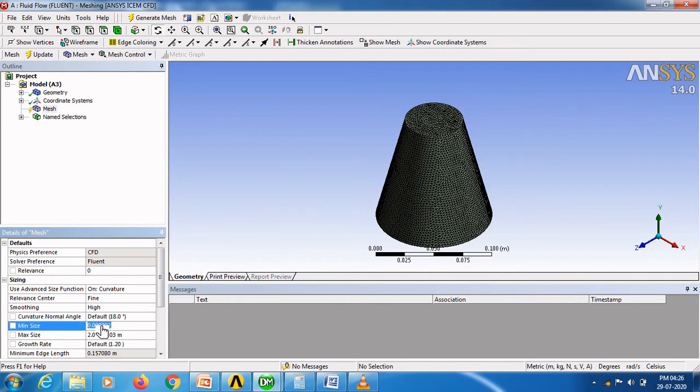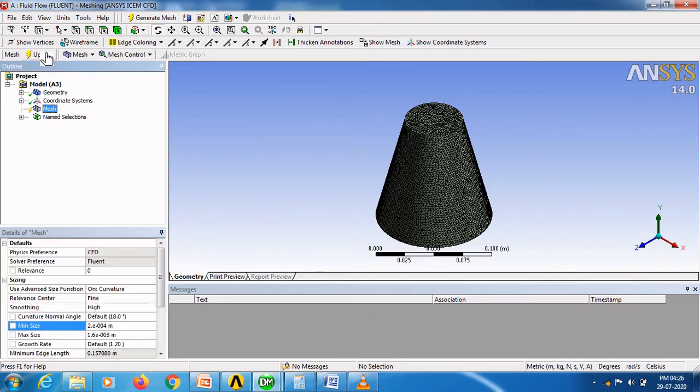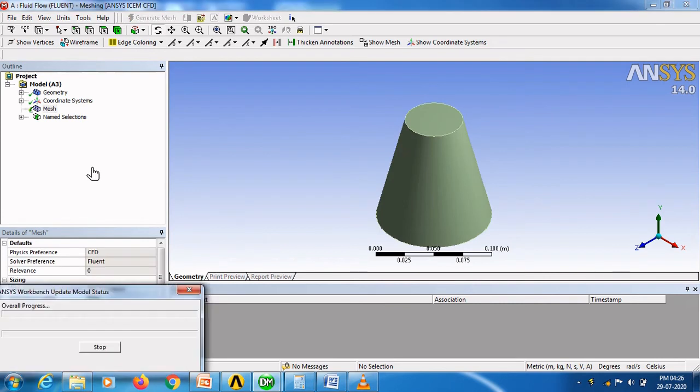We can change the sizes also. Here I am going to provide 2 into 10 power minus 4 meter and give update.